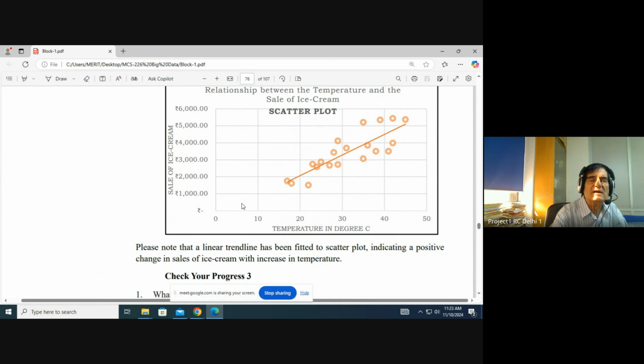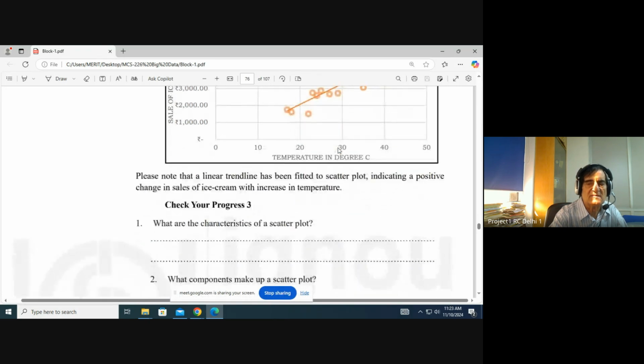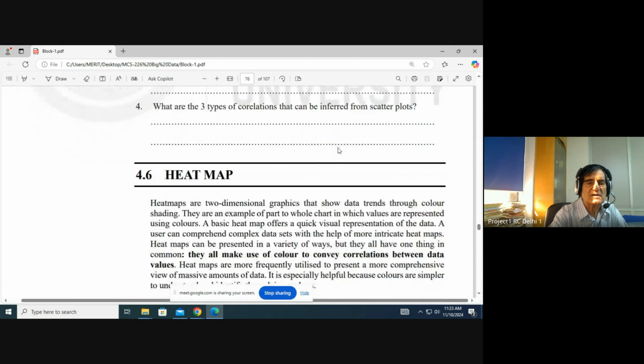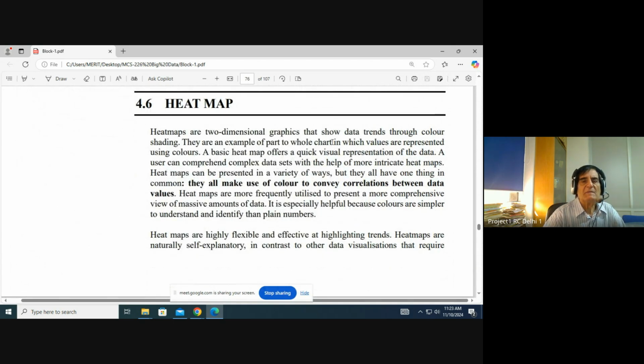Similarly, if you take temperature and the number of fans being sold, or the number of ACs being sold, again you can have a scatter diagram to predict. If the temperature goes this much, what will happen, how many people will buy AC or fans or something like that. So that's the type of use. Then heat maps are